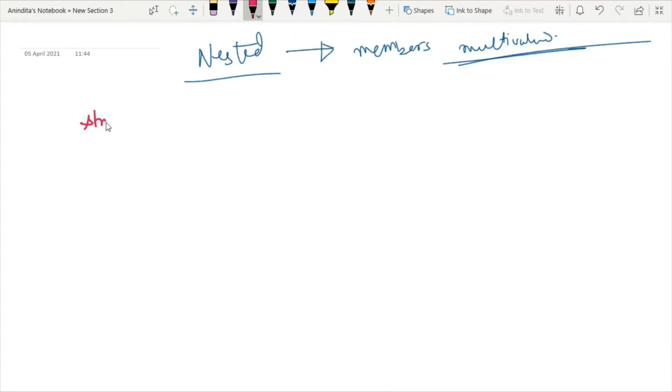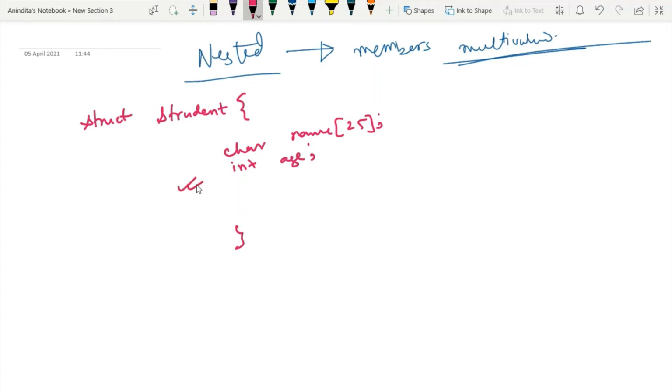First I will use the struct keyword, and then I define this structure for a student. Here the tag name is student, and I'm using the name of the student, which is an array, and the age of the student. Then for storing the student's address, I will use another structure, that is struct address.